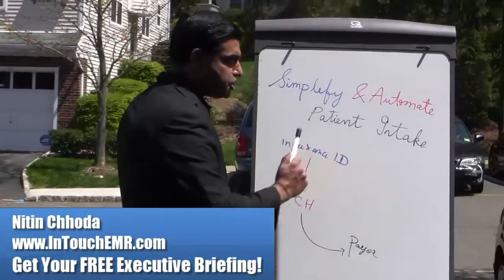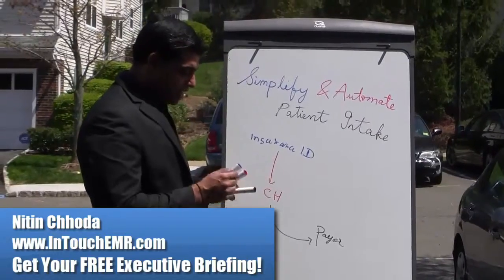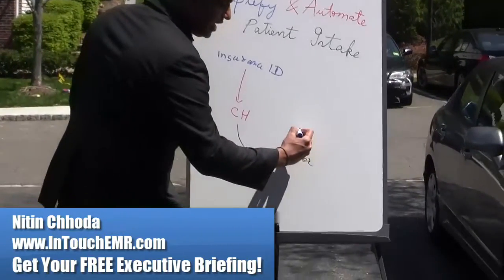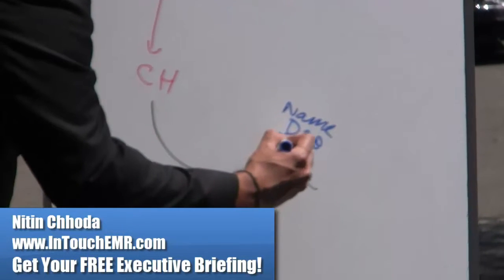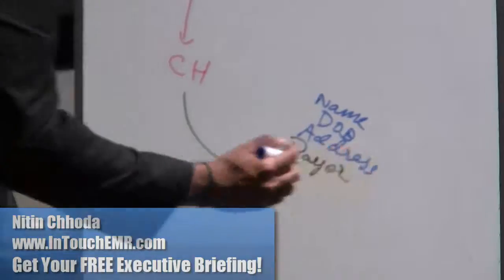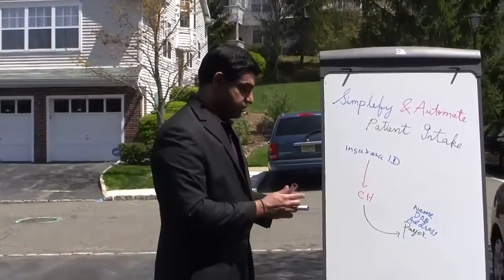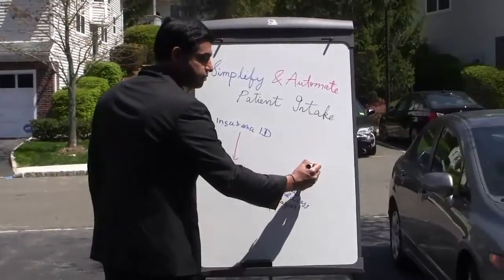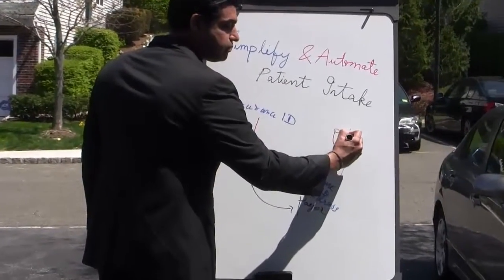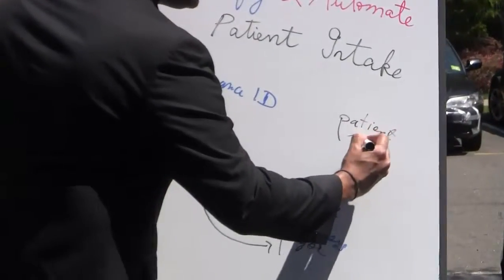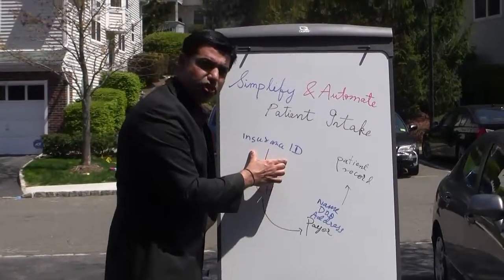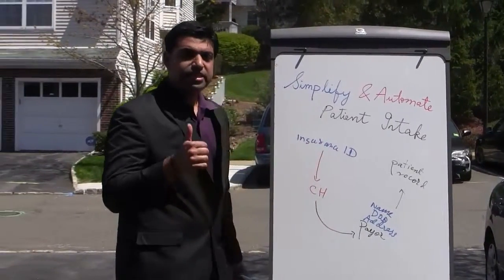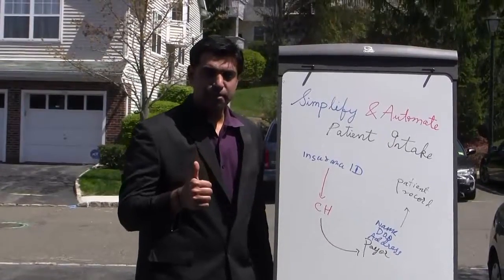If the patient gives you permission, what you can do is you can actually get the patient's full name, date of birth, and address, and use that to automatically create a patient record. Now, this is extremely powerful, because if you have a patient record that's created based on just the insurance ID of the patient, it can save you time in your practice, because now the front desk